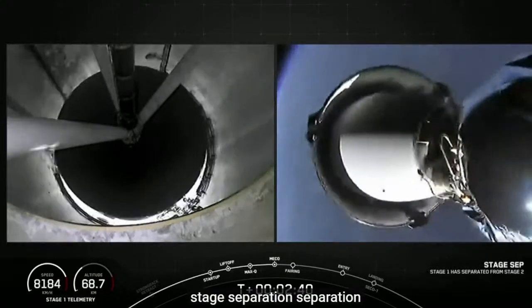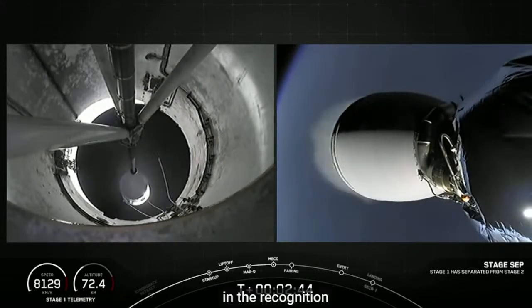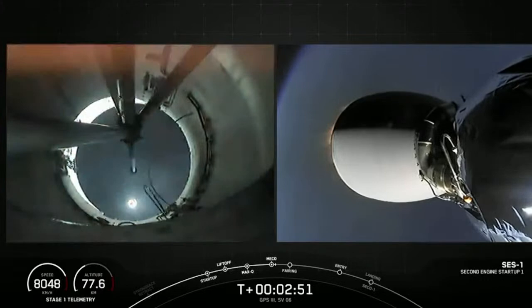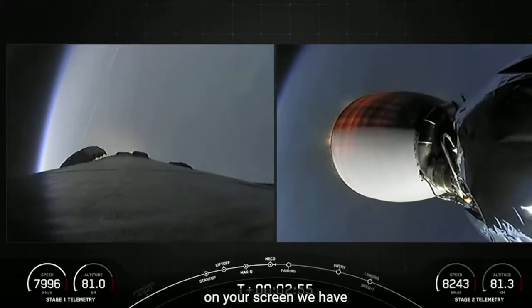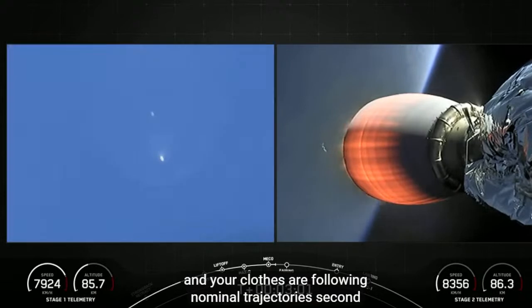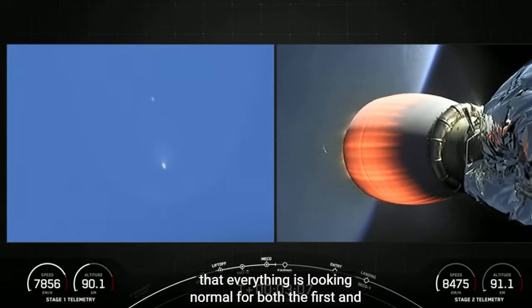MECO. Stage separation. MVAC ignition. All right, and there we heard all the call outs, and you can see there on your screen, we have confirmation of successful main engine cutoff, stage separation. Both vehicles are following nominal trajectories. Second engine start 1, and there we just heard that everything is looking nominal for both the first and second